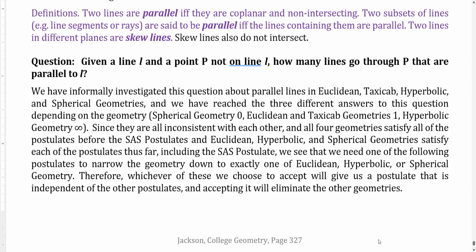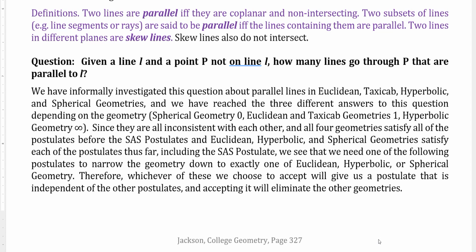So we want to see what the answer to this question is. And we've actually already seen this. In spherical geometry, the answer is 0. In Euclidean and taxicab geometries, exactly 1. In hyperbolic geometry, infinitely many. And since they are all inconsistent with each other,